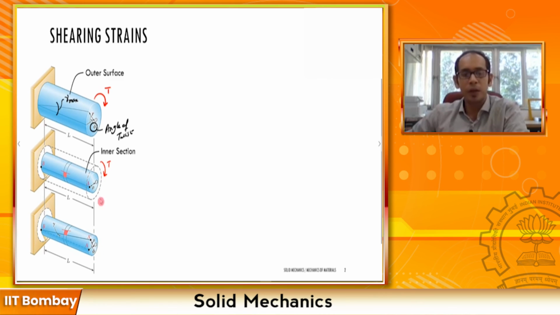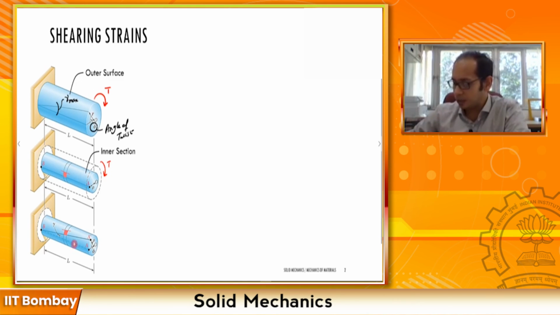Now remember, whether you are looking at the point on the outside or the points on the inside, this phi remains the same. Phi is just the angle of twist. It is just that the points on the outside move more relative to the points on the inside, right? Now coming back to this one again, if we have to write some of the formulations which are there,